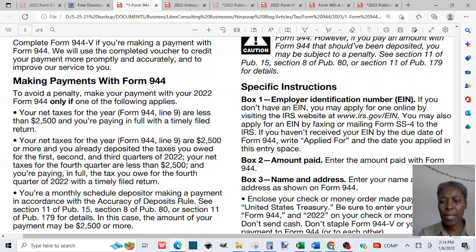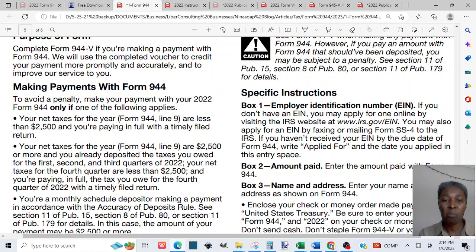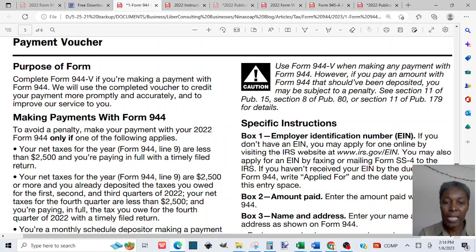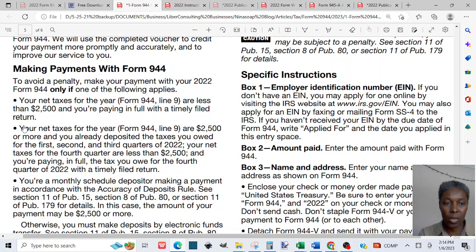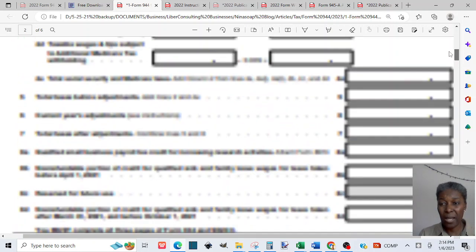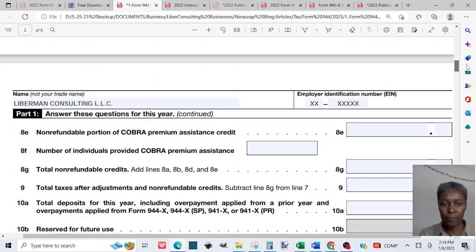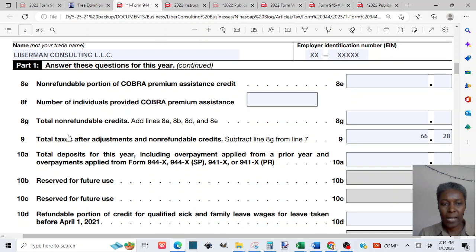Okay, so I think it will be more line 11. But again, this section here, this paragraph made sense. So they are using line 9 as the point. So if your line 9, that's the total tax after adjustment and non-refundable credit. So total tax after adjustment and non-refundable credit. So if line 9 is